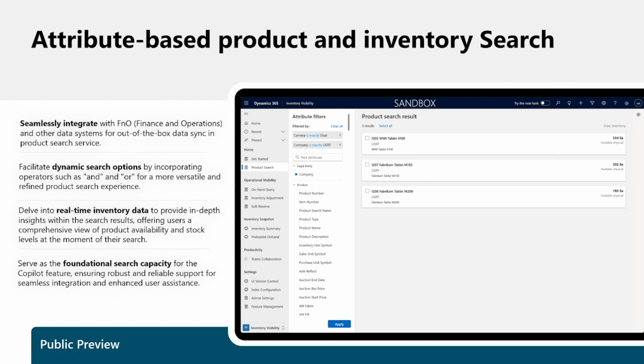The second point is that the dynamic search option is powered by incorporating operators such as "and" and "or" for a more refined product search filter as a product search criteria. So you can define your own search criteria by combining attributes. And the third point is that real-time inventory data can also serve to provide users an in-depth insight within the search